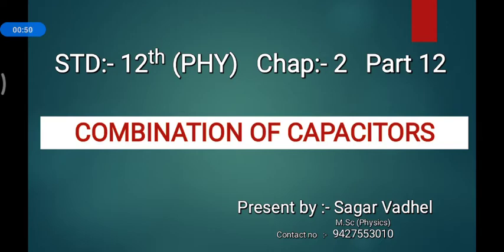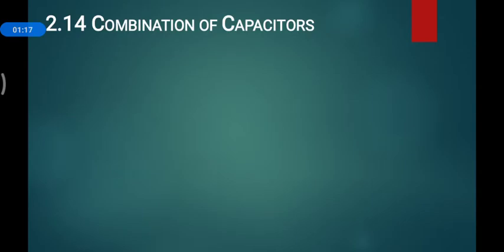Now we can't go ahead in circuitry in electronics where we need to place a capacitor. There we might have seen that no one capacitor can generate the high capacitance or the low capacitance as you want. So for that we need to do combinations of the capacitors, and that is the combination of capacitors.